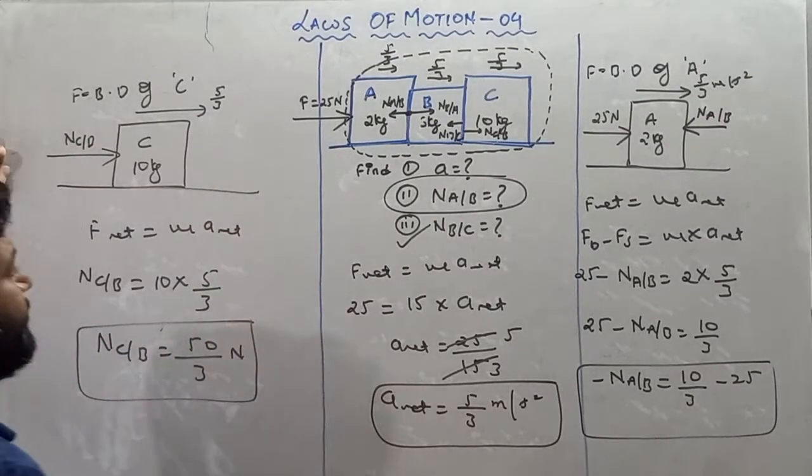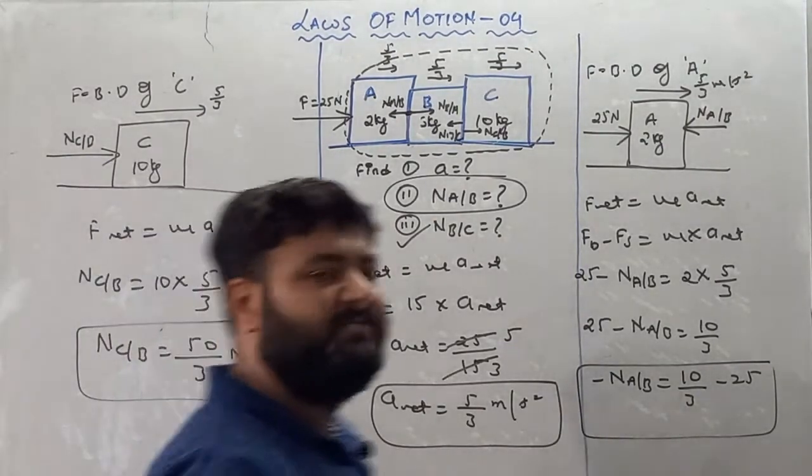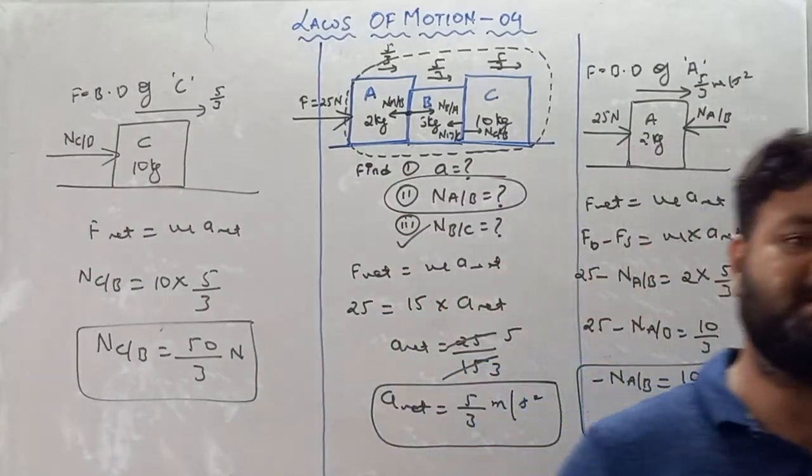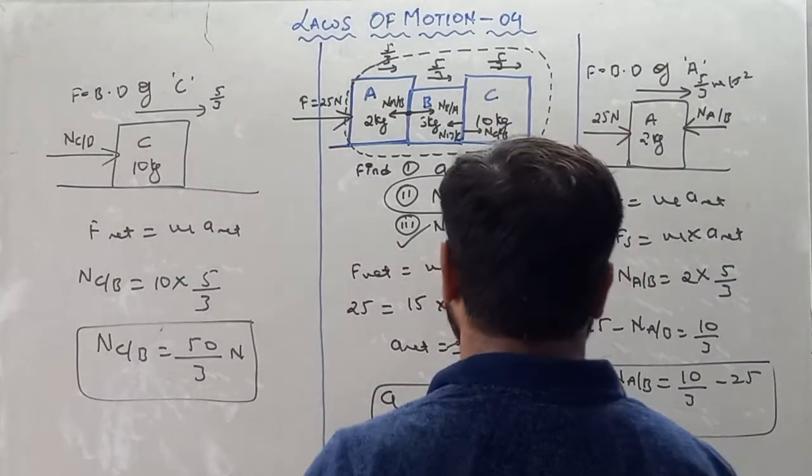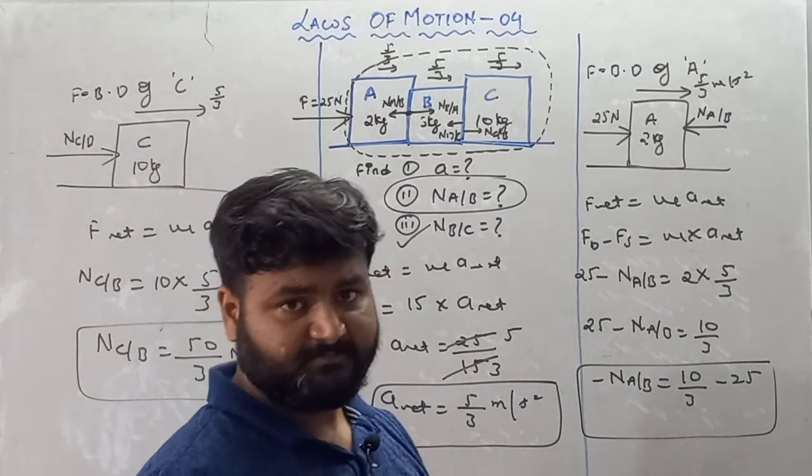So I hope you all understand how to solve these types of numericals. I hope you all are enjoying these types of questions. My dear student, Newton's laws of motion is a very easy chapter. You have to be confident with the concept. You are capable of making the FBD. Then there is nothing like impossible in this chapter to solve.